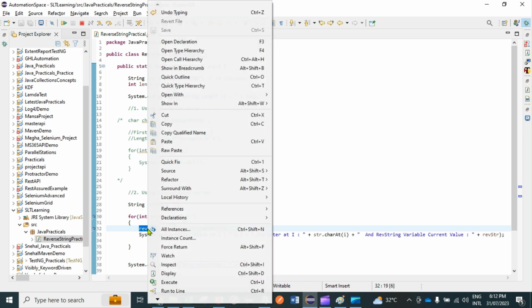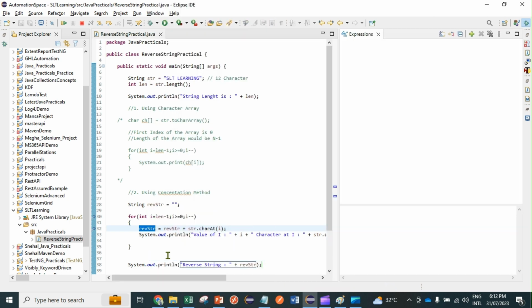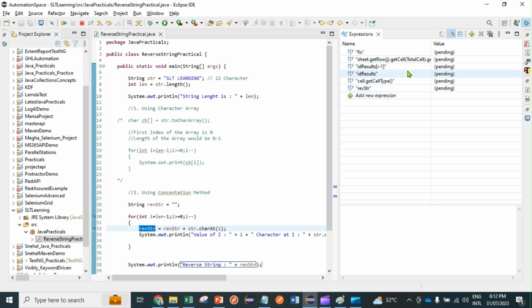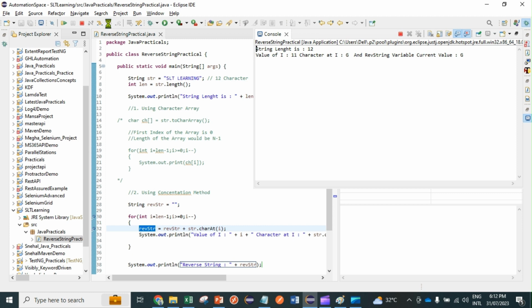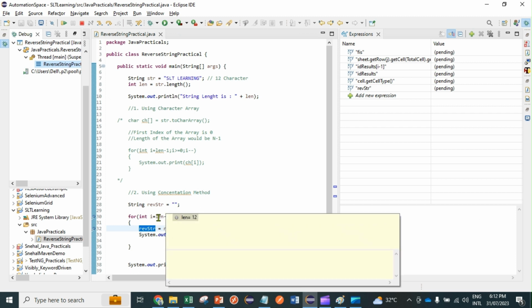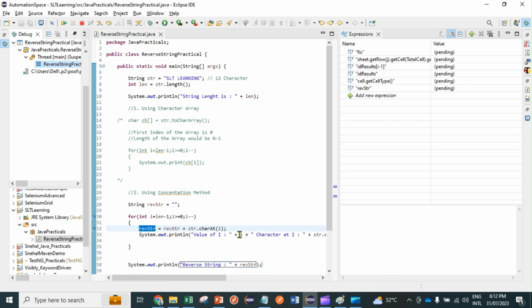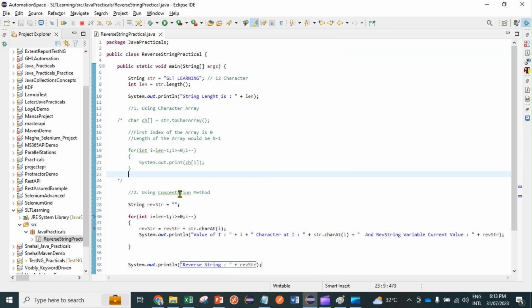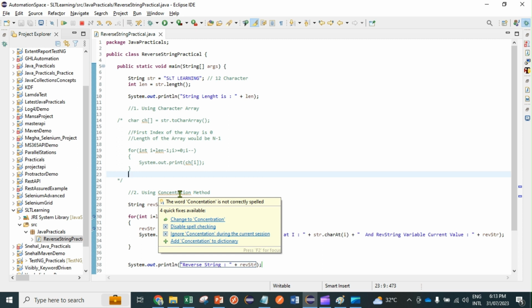You can just right click and put all that information in a watch. Click on watch, so you can see the same information over here. If I go into it, you see it's printing over here as well. You can also watch this information, and just mouse over those things. So this is how you can debug and see the value of everything that is going to print. Okay guys, so this is the second way you can use the concatenation method to reverse the string,